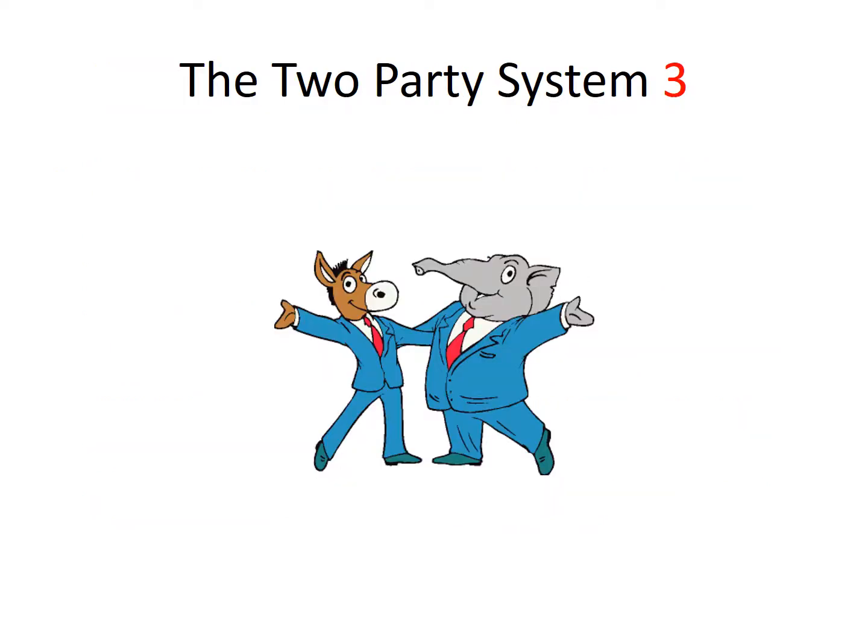Now, unlike many democracies, in fact, most democracies, we're a two-party system. We really have two competitive political parties. Competitive meaning that they win elections and are able to field candidates on a very regular basis. We probably know about the iconography of the two parties, so the Democrat Party represented by the donkey and the elephant representing the Republican Party.